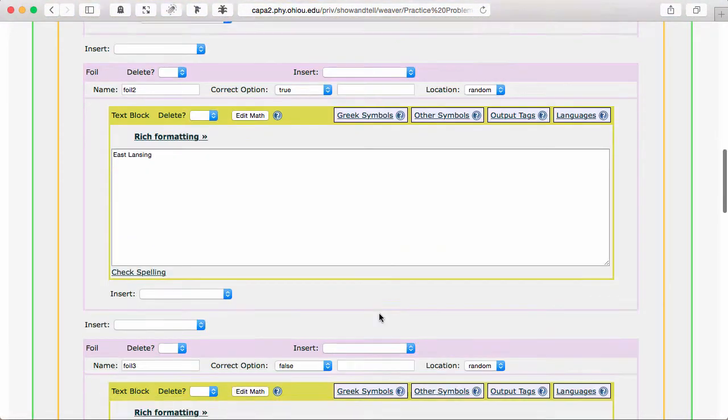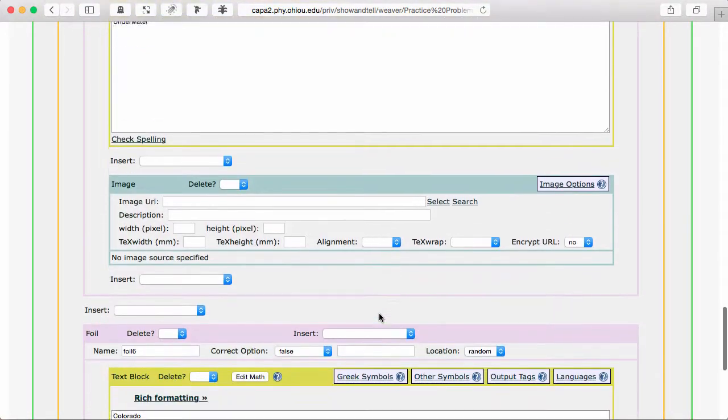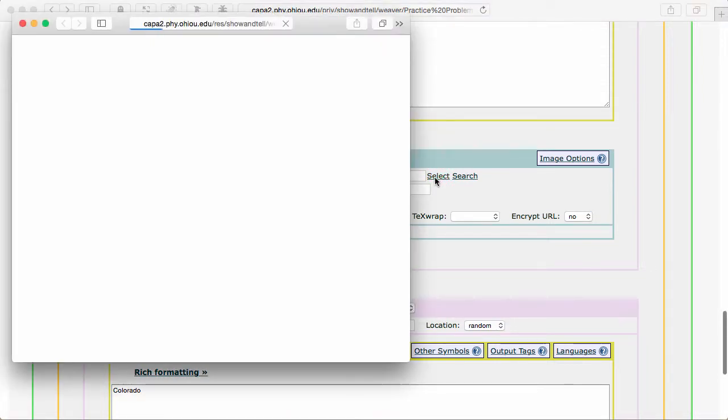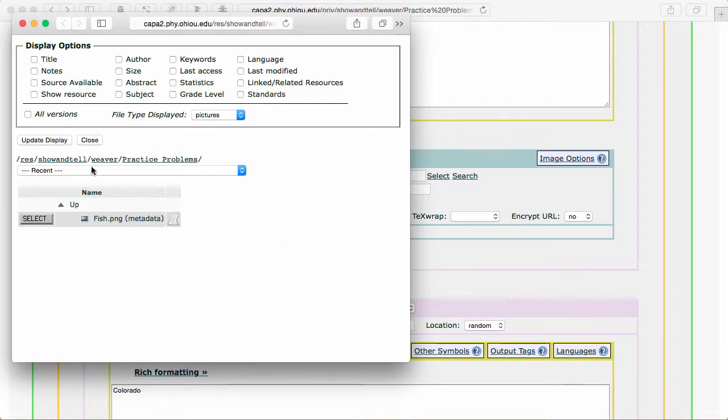We scroll back down to our foil, and we'll now see there's an image block. The image URL should point directly to the image which you want to include. In LON-CAPA, to properly include an image, it has to be one that's already published in the LON-CAPA system. Thankfully, last video we published an image, so let's select that one. If we click the Select button, I can see this is already right to where I was. Practice problems. I can select my image,